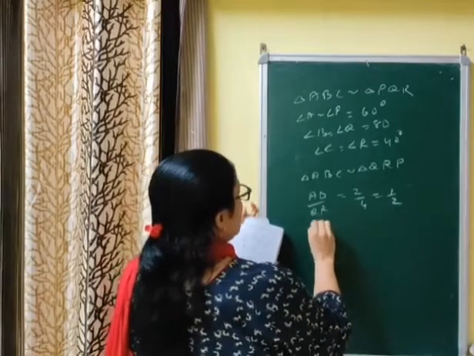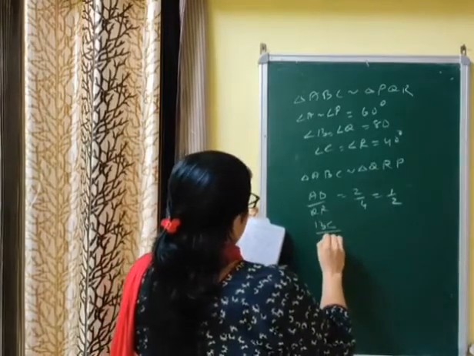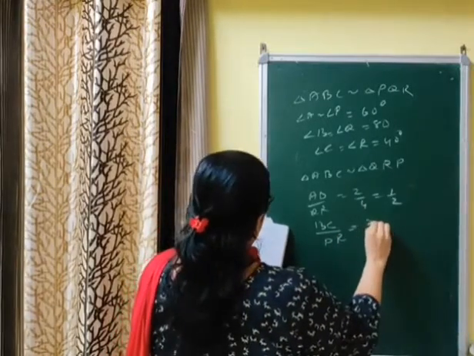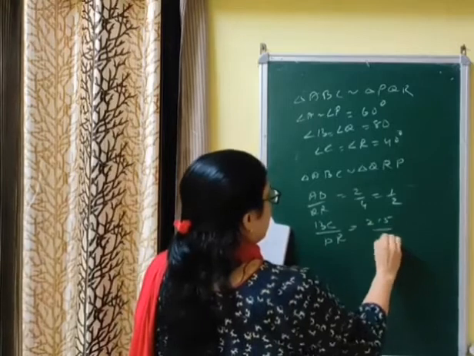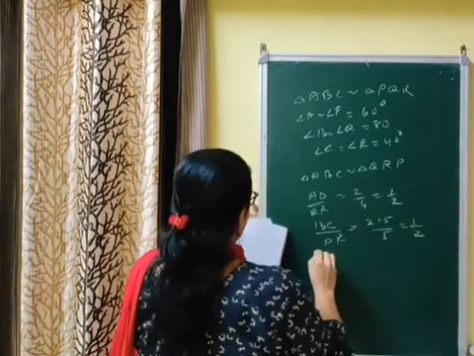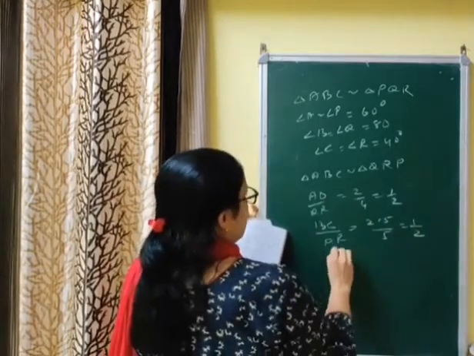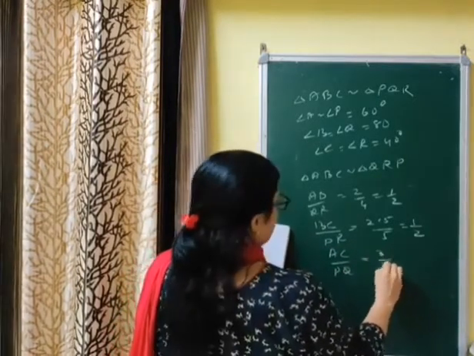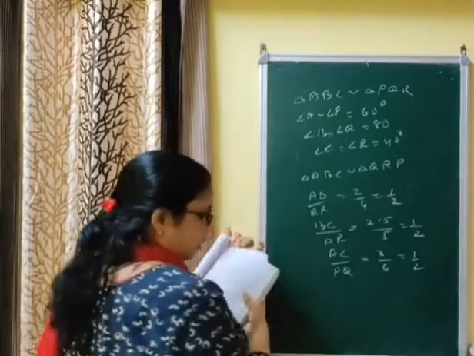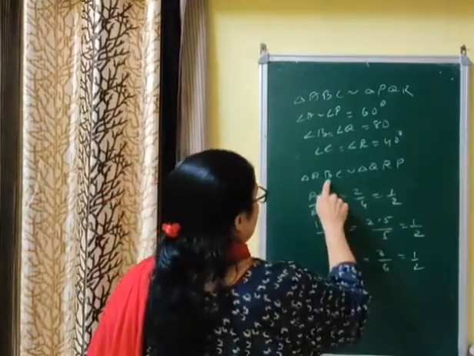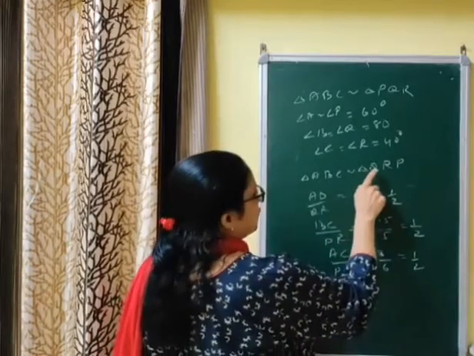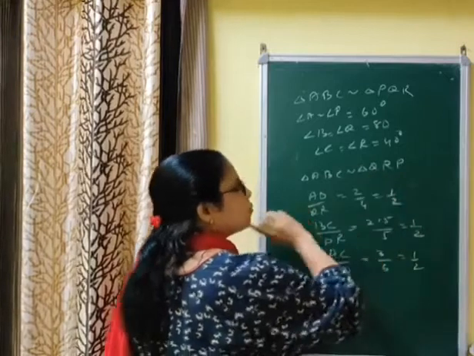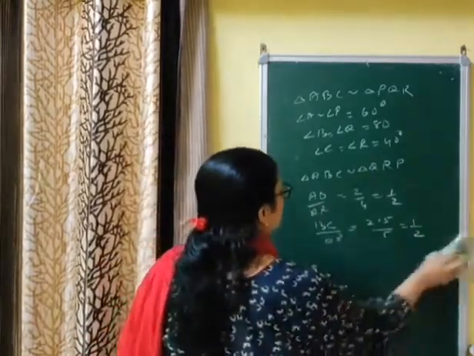Second is BC by PR, BC by RP. That is BC is 2.5/5, again 1/2. Now last is AC by PQ या QP. AC कितना है? 3. That is 3/6, 1/2. That is, the side ratios are equal. Hence the triangles are similar. So I am again emphasizing, taking the order of the letters is very important. अगर आपने यहाँ PQR लिख दिया, पूरा गलत हो जाएगा. रेस्पेक्टिव साइड का रेशियो इक्वल नहीं आएगा.